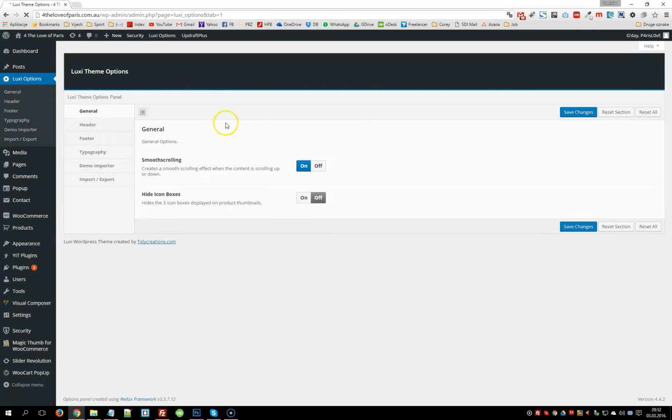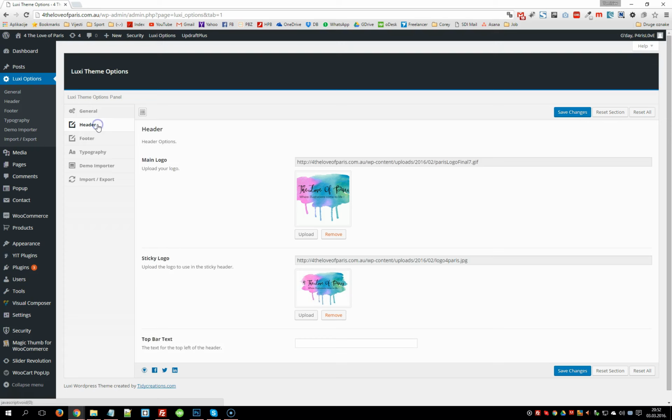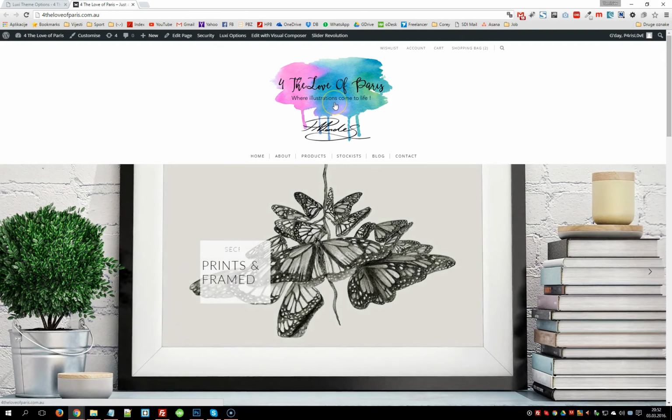Here we go. It's a little bit slow today. Actually, we're gonna select header. Here you can see main logo. If we want to change our logo, which is on the top of the page, which is the logo right here,